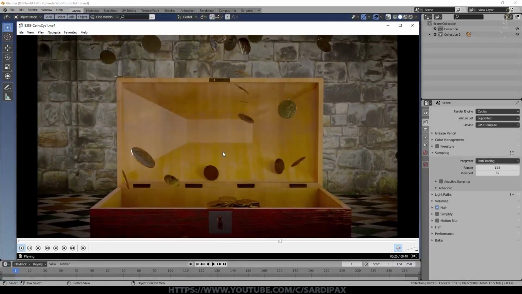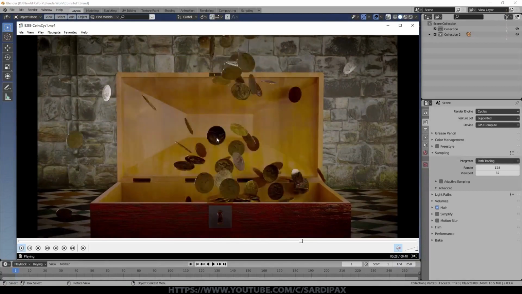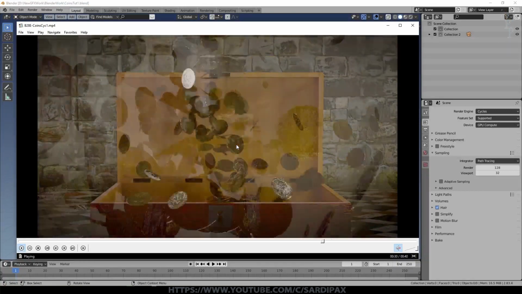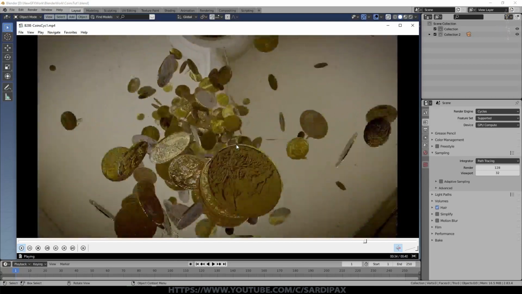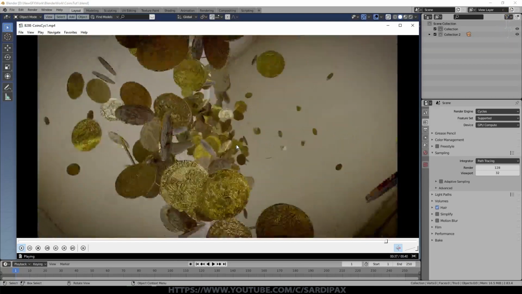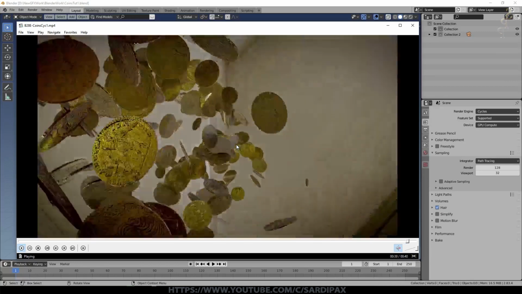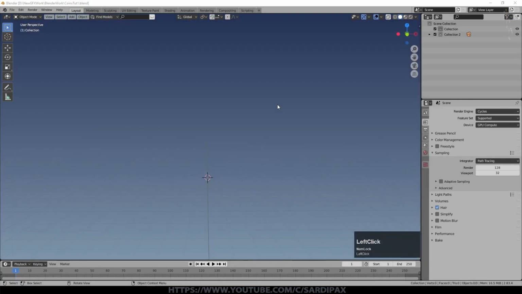So what I've done is I've created actual texture on those coins, and I'm going to demonstrate how to do that without using lots and lots of geometry, which would cause a problem when you're using this much rigid body physics, or even if you had a lot of particles for that matter. So to begin with, we need to make the normal map, which is what we're going to use to create the apparent texture on our coins, and it'll become obvious what I mean by that as we go along.